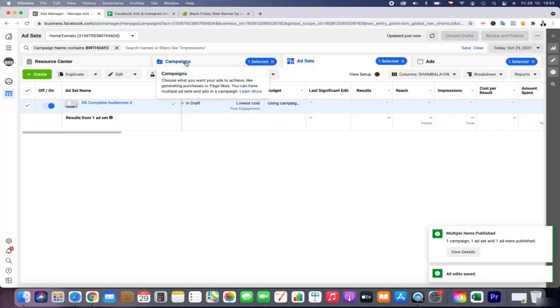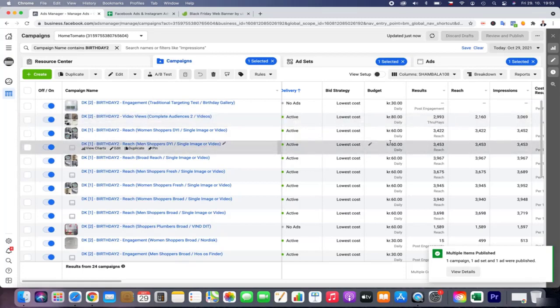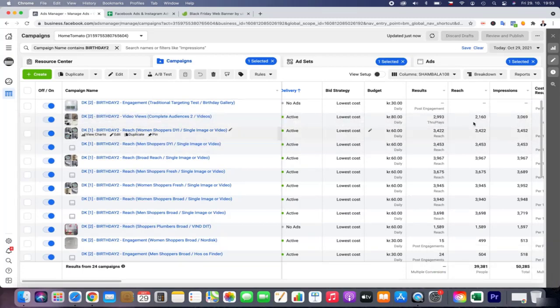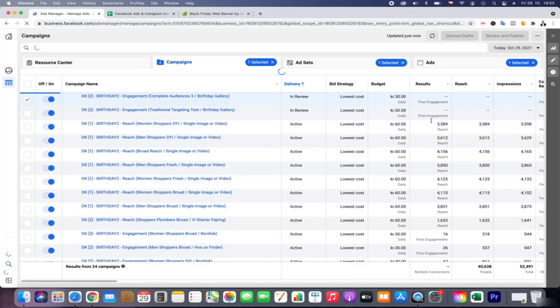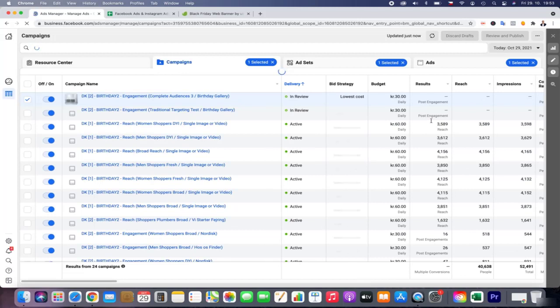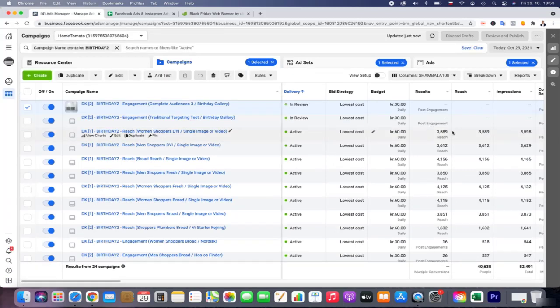And now what we do, we need to look into the performance itself. So first of all, I will just reload it. And what we need first is to have a look at this reach.